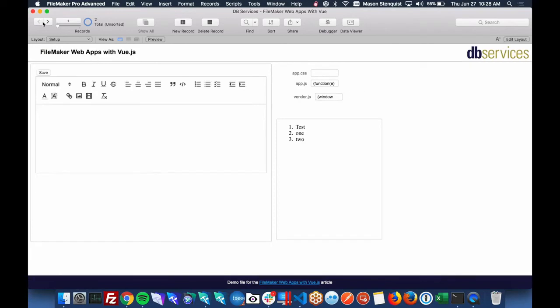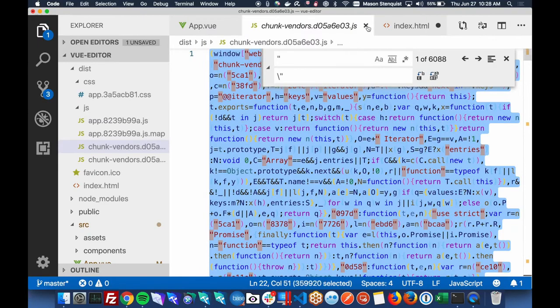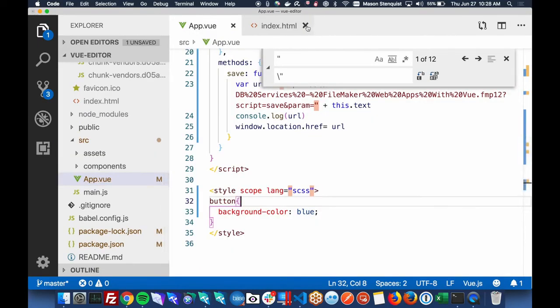There we go. So now we should see it on every layout. But you'll notice when we come back and we render this again, it didn't bring in test 1, 2, 3 that we had saved on record 1. So what we need to do is populate our vModel on startup. So let's modify our code a little bit.